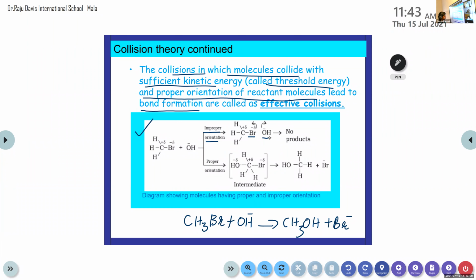And look at the second case. Here this OH minus ion is coming into contact with this carbon, right? What's the charge of carbon here? This plus charge, right? Delta plus. Delta stands for partial charge, okay? This sign is delta. Here this carbon is delta plus, and this OH minus comes into contact with this carbon. So they are opposite charges, so they will attract each other. It will lead to the formation of products. That's why it is mentioned here.